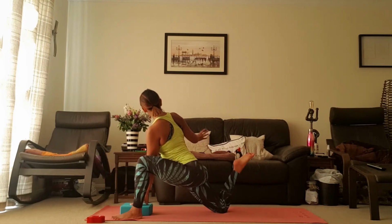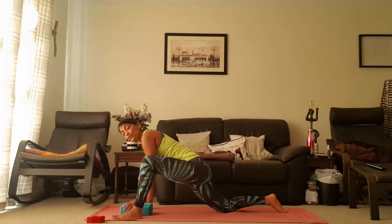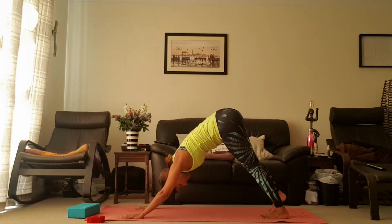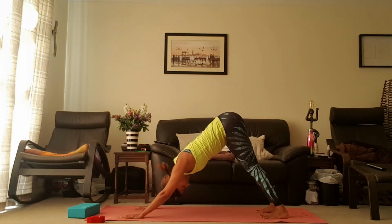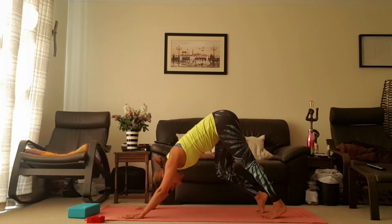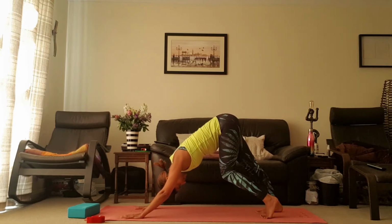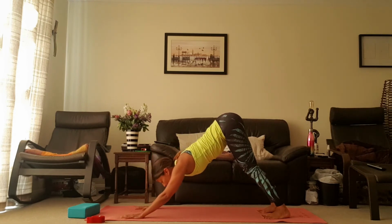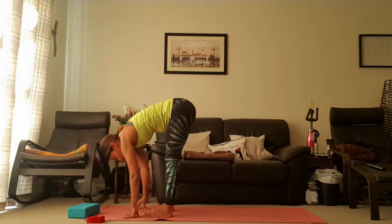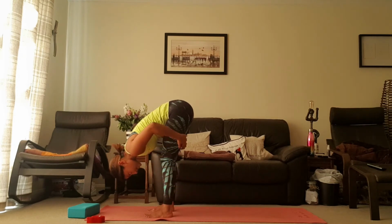And gently release, bringing the hand back down, and then you can either move through your box position or you can go straight back into your downward dog. So you pick what feels good for you there. Just pedaling out the feet once more, and then just looking up towards the hands as you bend the knees. Walk the feet all the way up to meet the hands here. Let's just take one more forward fold, just releasing those hamstrings,